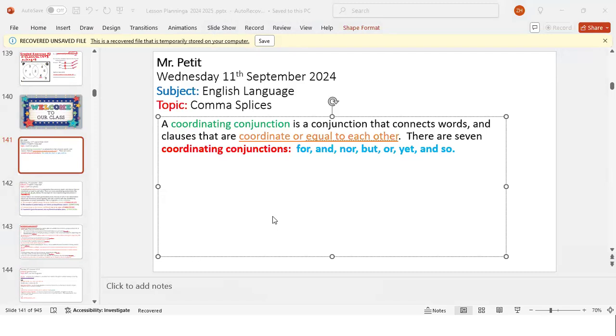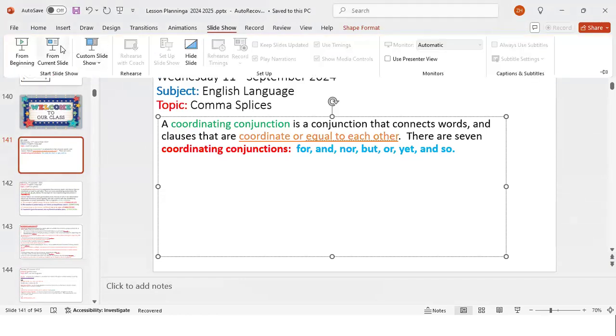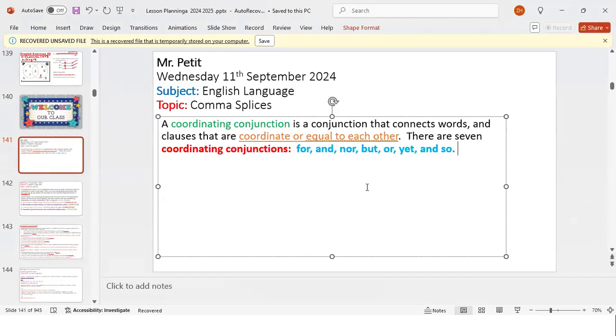Coordinating conjunctions. Very good. How many coordinating conjunctions do we have? Seven. Very good.